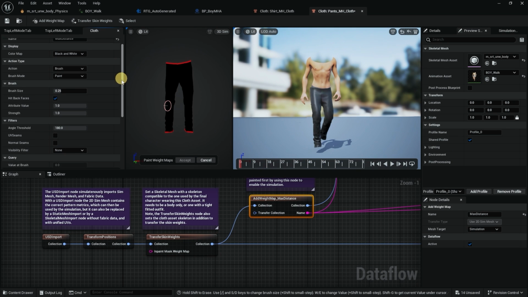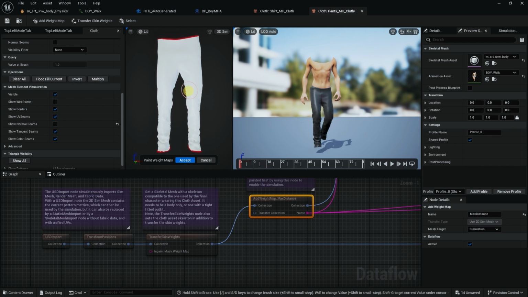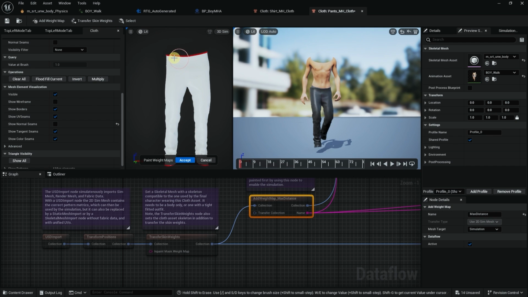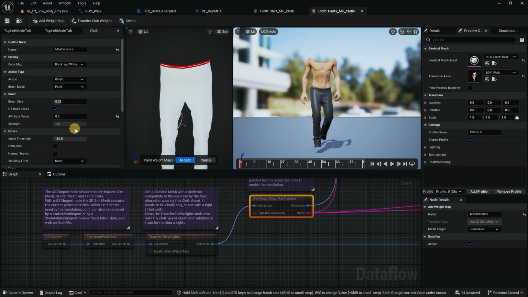let's make sure that we have invert, and here I will mistakenly paint black the area on the top. So let's go here, paint. We'll take the brush size. It's maybe too big, but we'll keep it for now. Attribute value, we'll just take it to 0. Maybe strength, I will take it a little bit less. So you will see, and